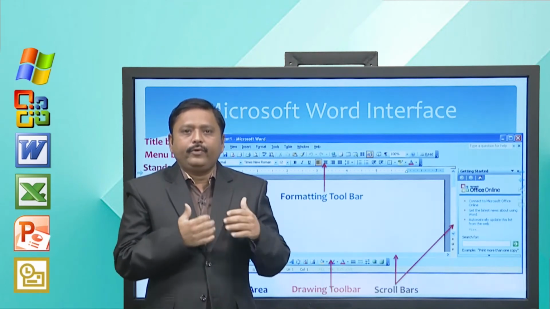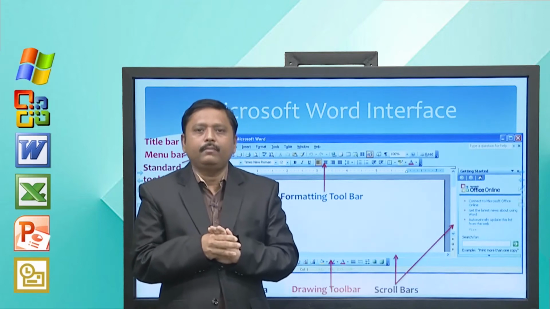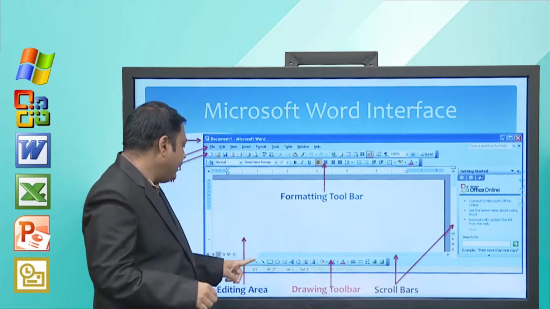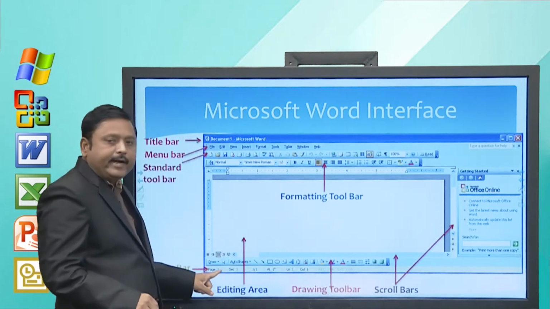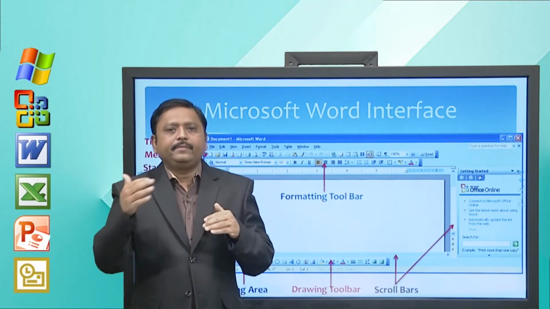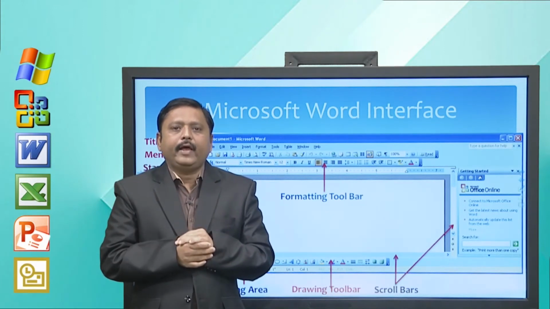So, these kinds of features you can apply from the drawing toolbar. The last line is the status bar, which is important for us. It displays many useful pieces of information that we are going to